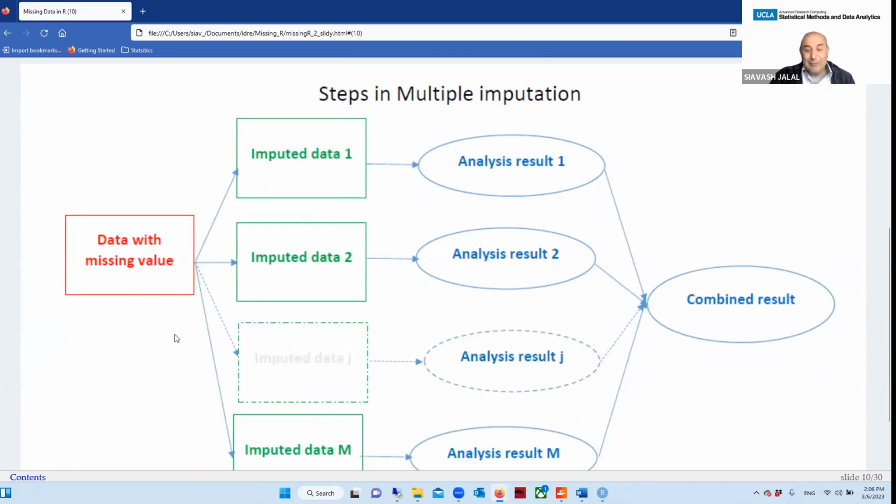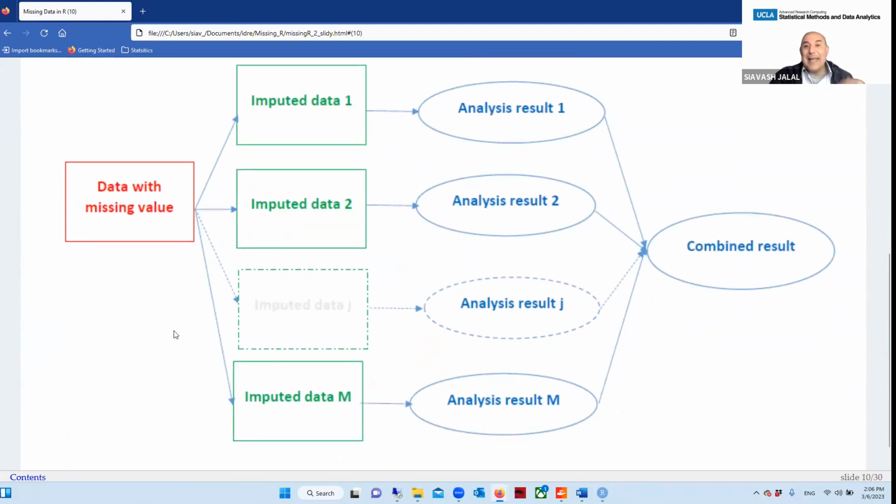Instead of imputing once, it imputes many times, right? So basically, you have data with missing values. You impute it many times randomly. So every imputation has some uncertainty. You can include that uncertainty by creating uncertainty in the